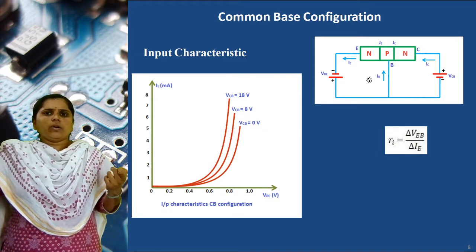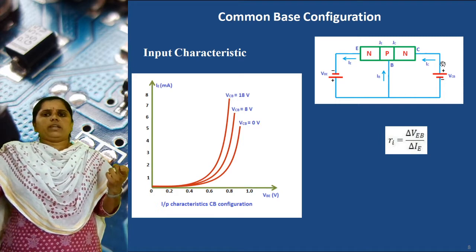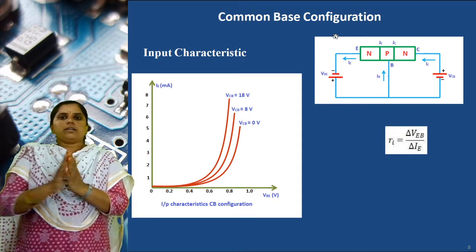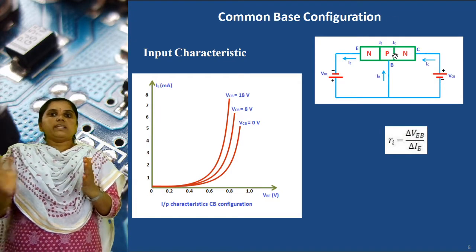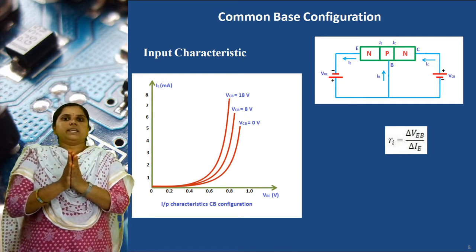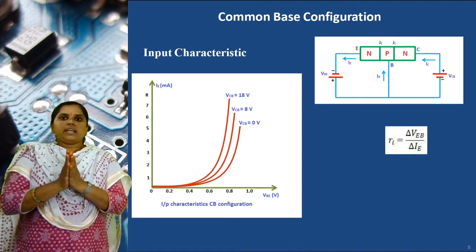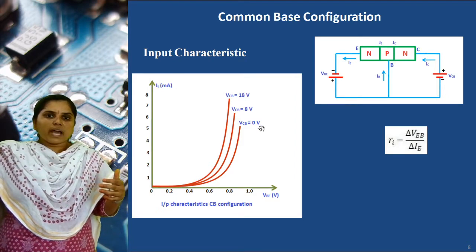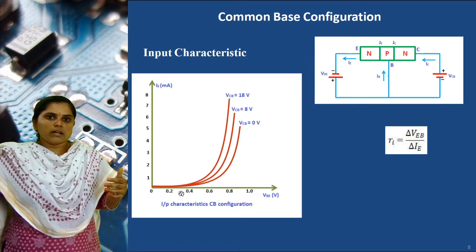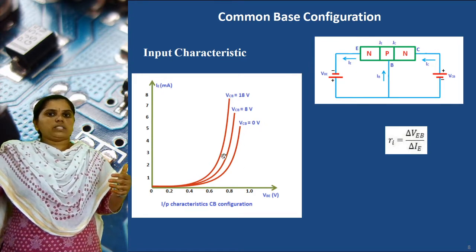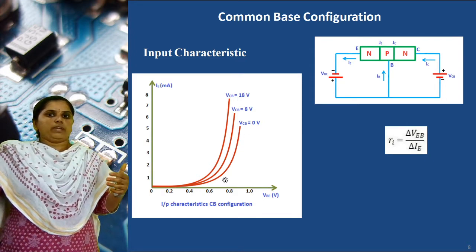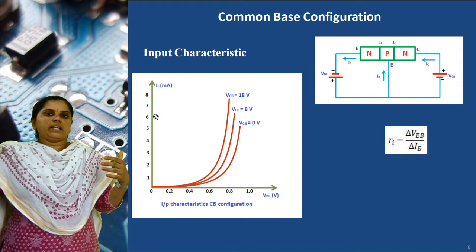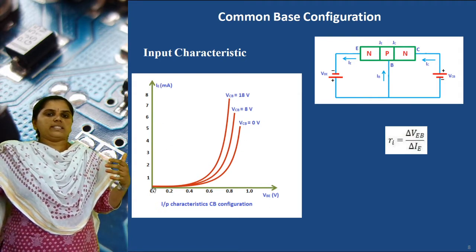Okay, so again, if we are increasing this reverse voltage, that is the output voltage, then what happened? Junction width is decreased now. So which junction? The collector junction width is decreased, which is nothing but the base width is decreased here. Then more current is produced in the circuit. So see here, this is VCB equal to 0 volts. When it is 0 volts we can get this diode-like waveform. When we are increasing the input voltage, we can get the input current also. So the input current is also increased like this.